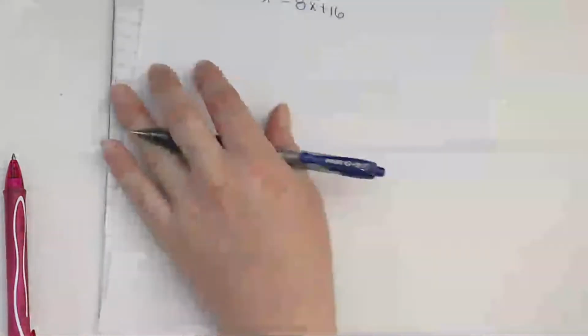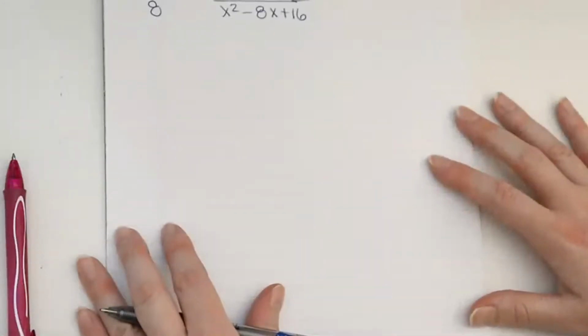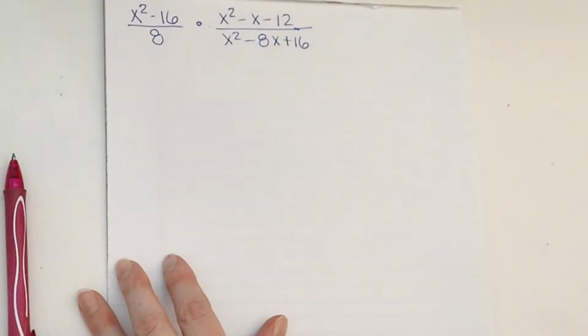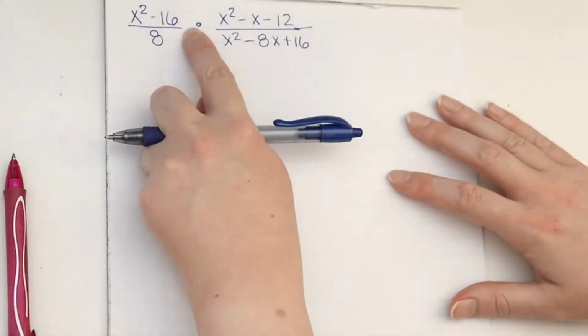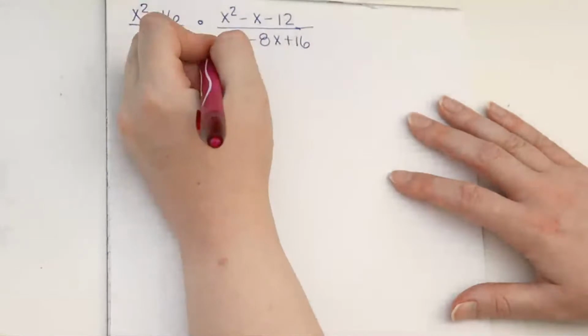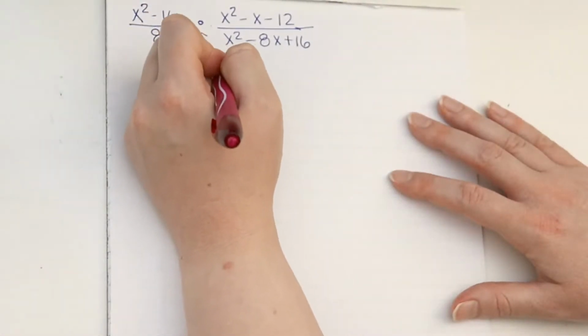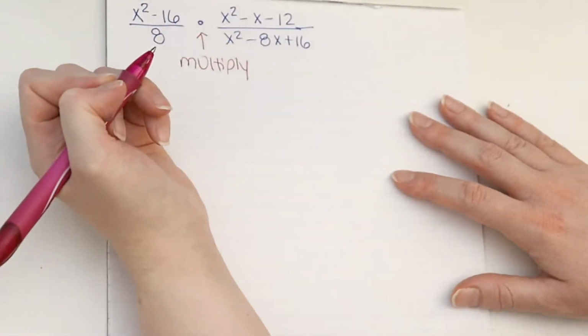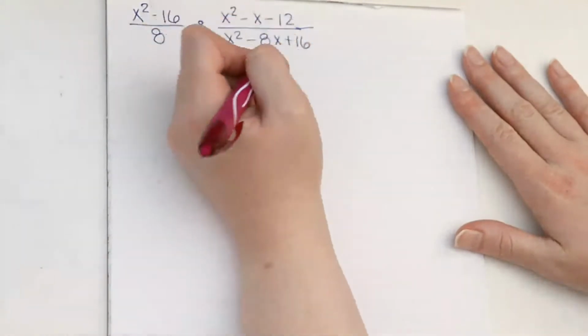Okay, so the first thing that you want to do, just like with the last two problems, is you want to identify what is the operation in between those fractions. So here you have multiplication. And when you identify that multiplication, you're going to say to yourself, okay, I multiply straight